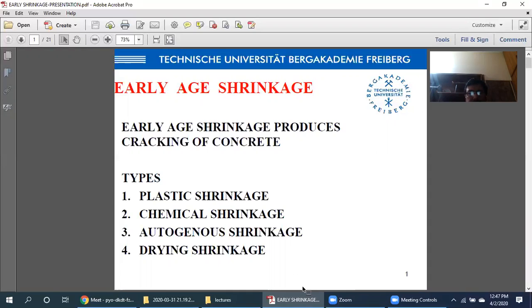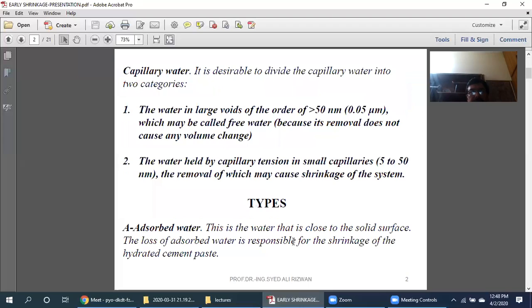Some of these mechanisms are overlapping, and it may be difficult to find the governing mechanism. However, after seeing the shrinkage curve, you should be able to identify different mechanisms. Actually, shrinkage